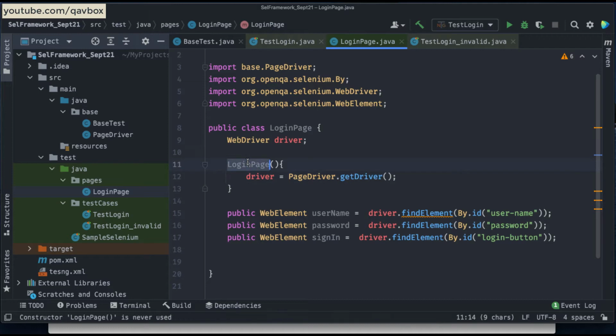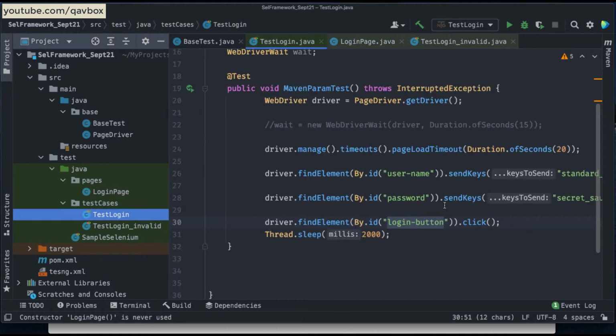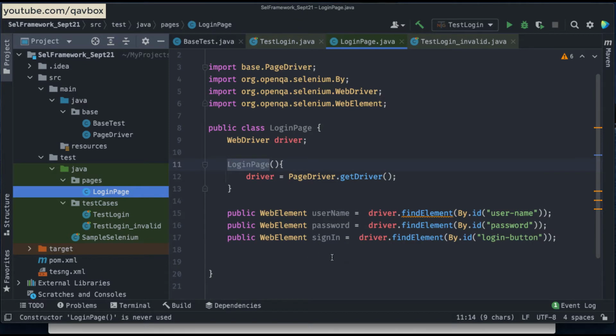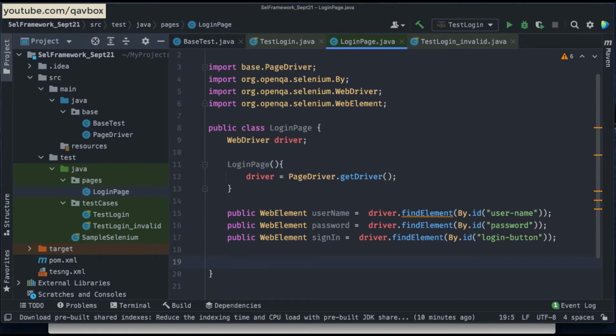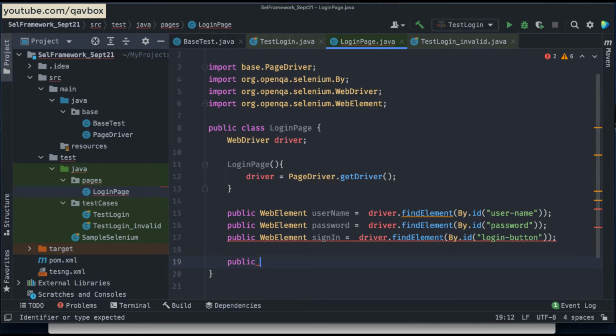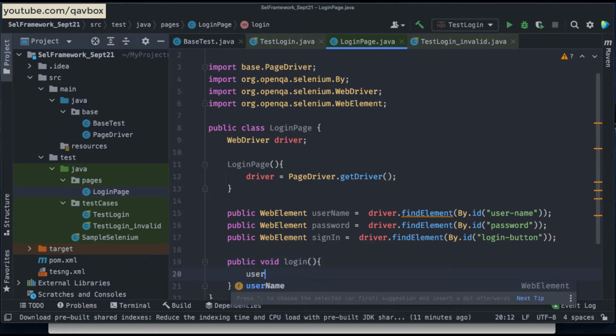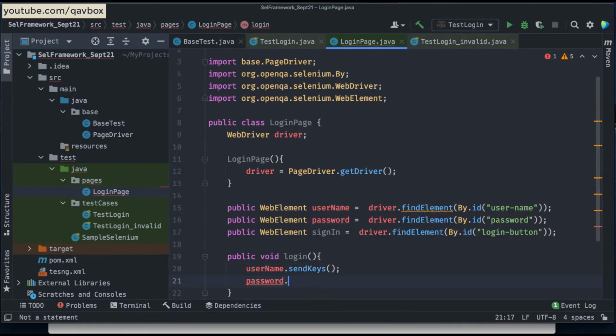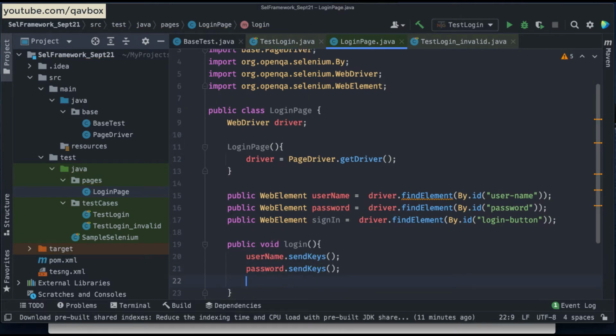Now here, how do I call this one? So what I can do now, I can go back to here. And at this moment, as I told, we need to make an approach for actions as well. So these are all web elements, username, password, and sign in. Now I need to use the actions, because I told you all the web elements and actions have to be inside the page classes. So here I will say public void login, because I don't want anything to return here. What I'm going to do is username dot sendKeys, I will be doing something, and then password dot sendKeys. And then the next thing is that I will say signIn dot click, because it is just a simple click only. Now inside this I need to pass something.